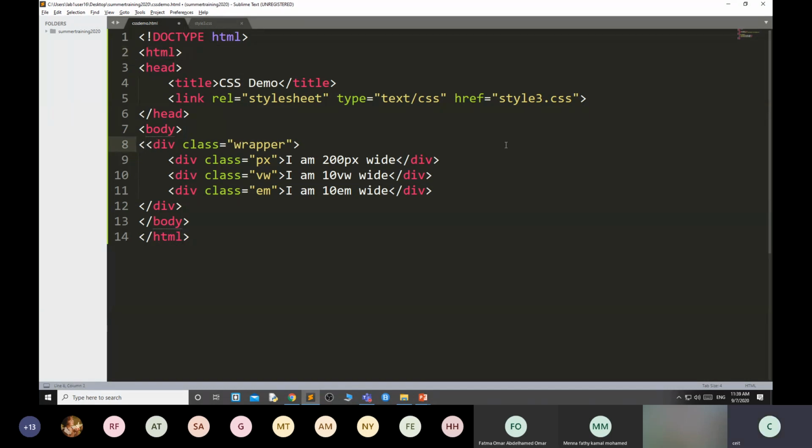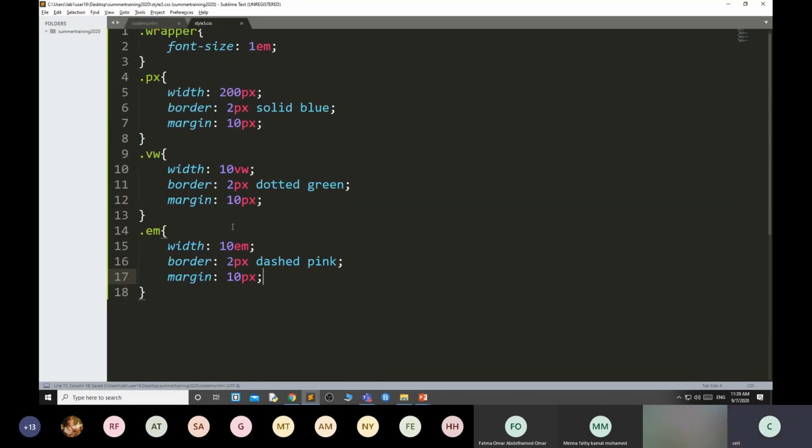Let me comment this line out. And we don't want this.